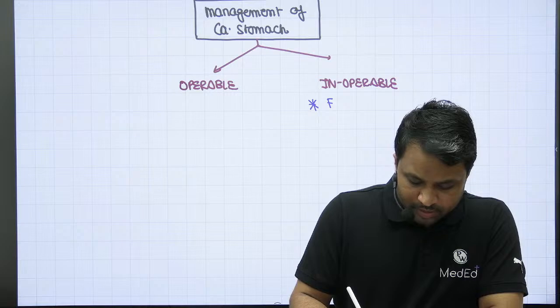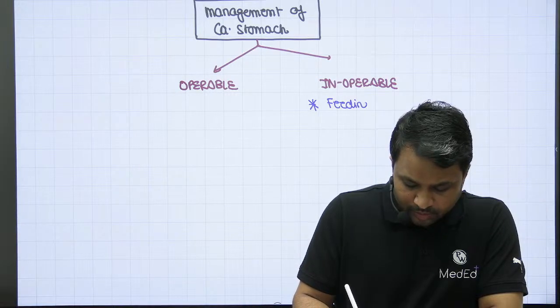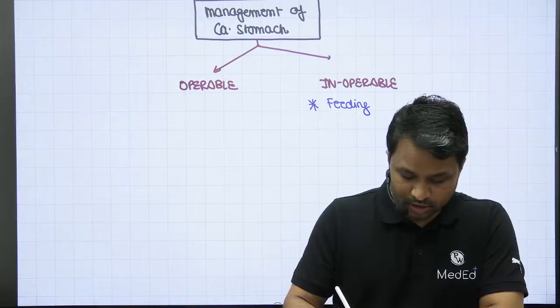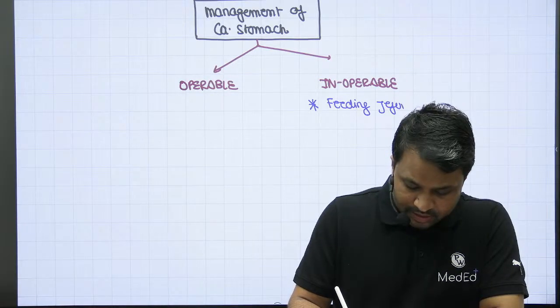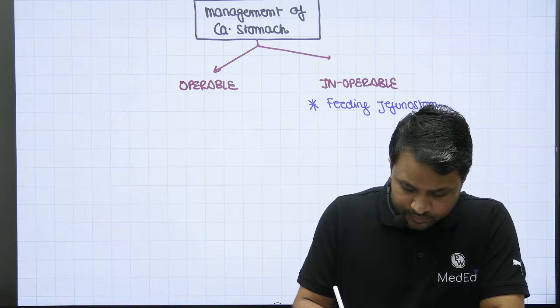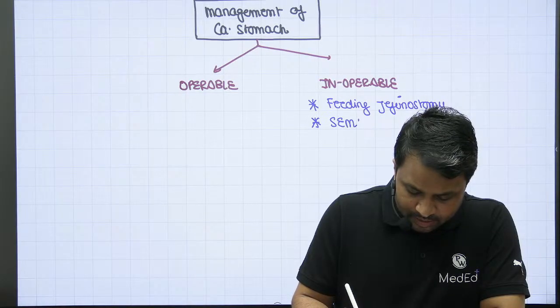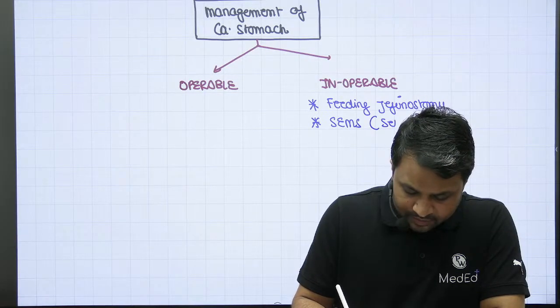So the whole problem is about feeding. Here in an inoperable condition, if it is associated with obstruction, that is gastric outlet obstruction, you can do a feeding jejunostomy, or you can also try something called SEMS. SEMS is your self-expanding